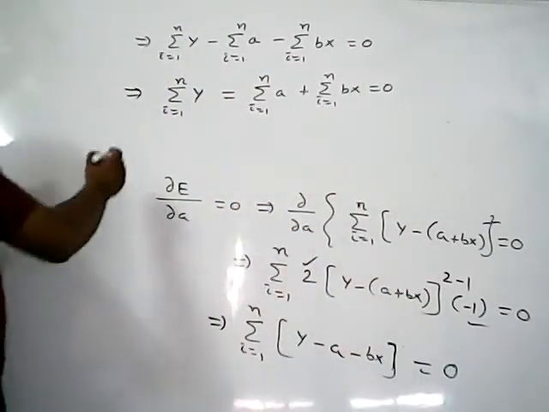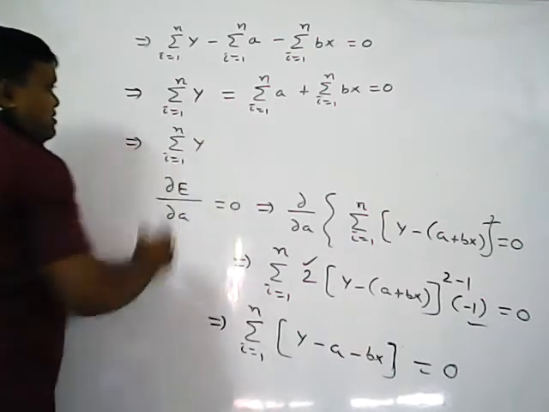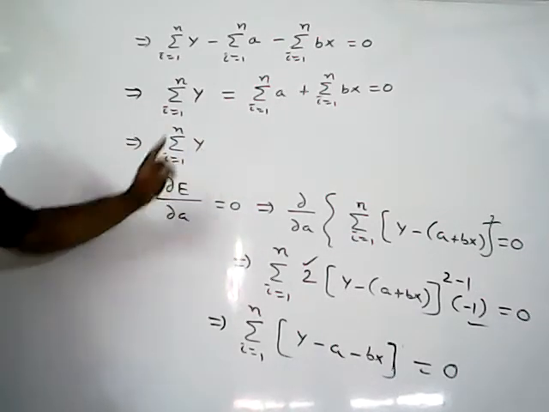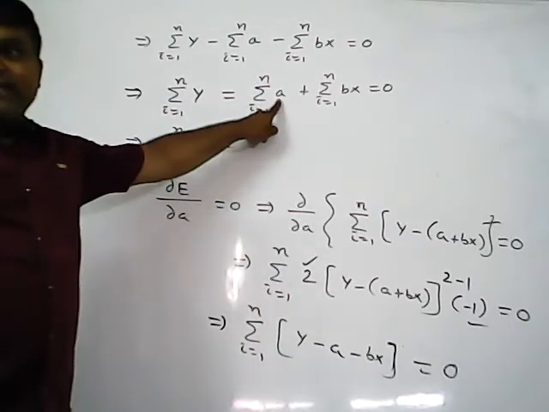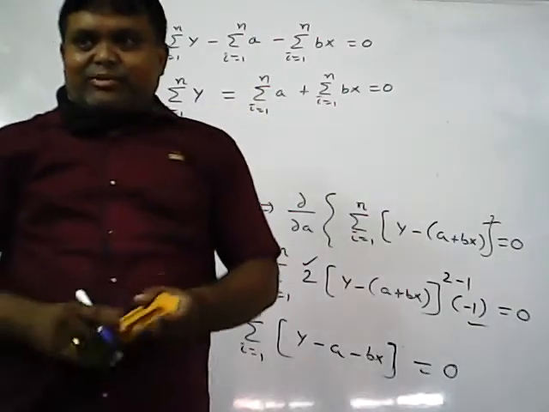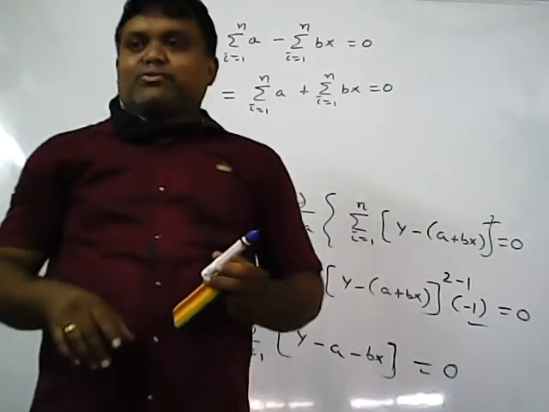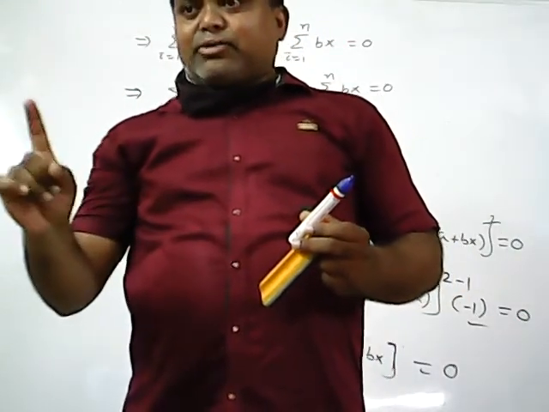Okay, so finally what you will get is summation i equal to 1 to n y. Otherwise simply you can write summation y, no problem. Equal to, a is a constant or not? A is a constant. How many times is it there? n times. Suppose 1 plus 1 plus so on, 5 times, what is the value? 5. 1 plus 1 plus so on, 6 times, the value is 6. 1 plus 1 plus so on, 100 times, the value is 100. How are we getting 1 into 100?